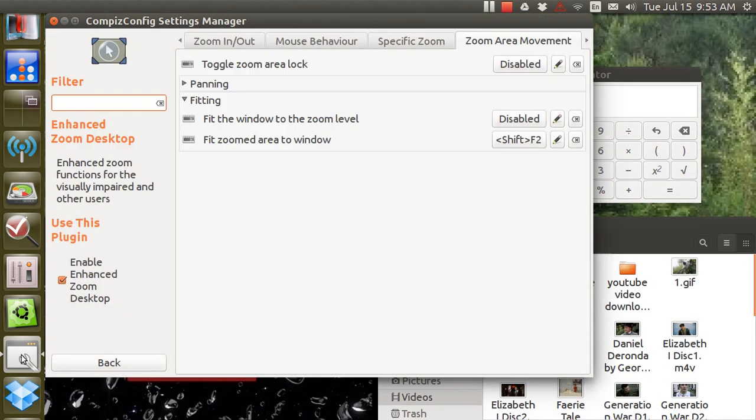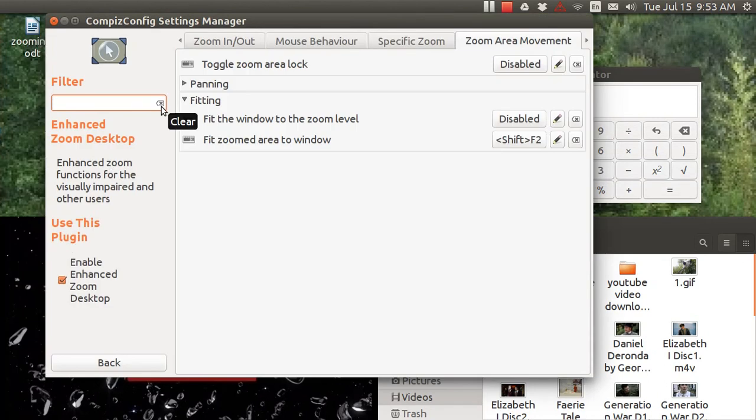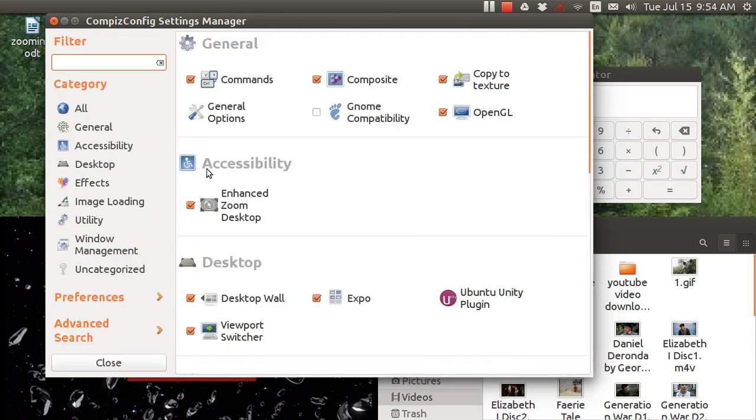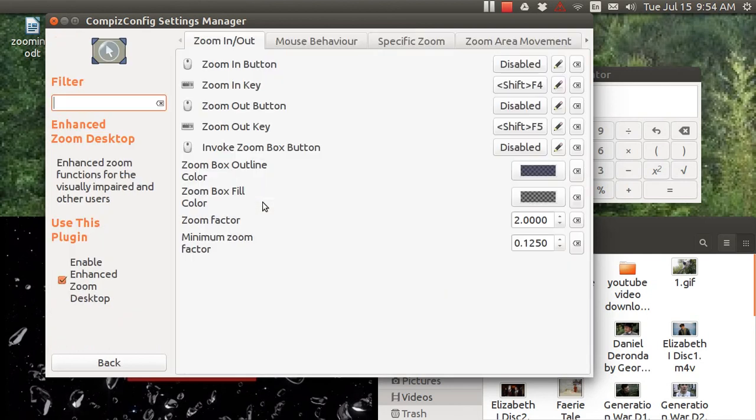So I'm going to open up Compiz, and the way you do this, when you open up Compiz, it's going to come to this first screen, and you're going to go to Accessibility and put a check mark right here where it says Enhanced Zoom Desktop. And when you tap on this, you go to the screens you will need in order to put in your hotkeys. The very first tab to the left is Zoom In and Out, and I put Zoom In, Shift F4, Zoom Out, Shift F5. The next thing is Specific Zoom,